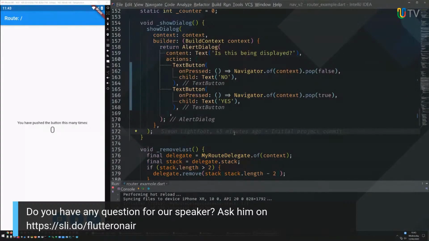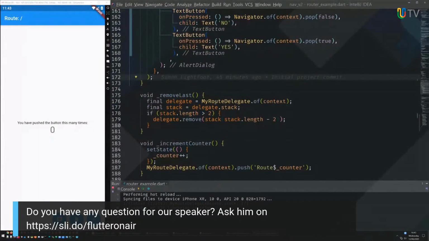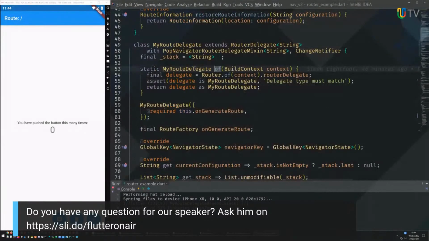We can use the Navigator just like we would do before. Like we can just do show dialog and it will work, even though we're using the Pages API and so on. Then remove last, which is our little delete trash can here. Now this is the key. So anywhere in my hierarchy now, below obviously the material app, in this case the router, I can now do material route delegate of, because this is that static function I made earlier. Here it is, and that does router.of and gets my delegate back.